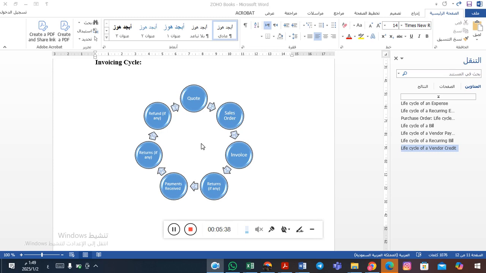to enhance selling or to increase our sales of specific items, exactly when that item's cycle is too long and it moves slowly in our organization. In this case, we need to make those offers to our customers. So after we prepare the quote and send it to our customer, if our customer approves